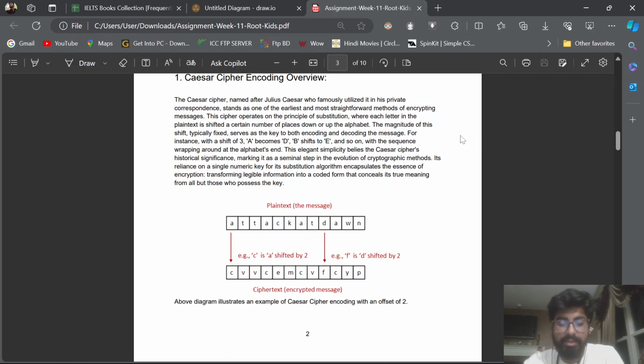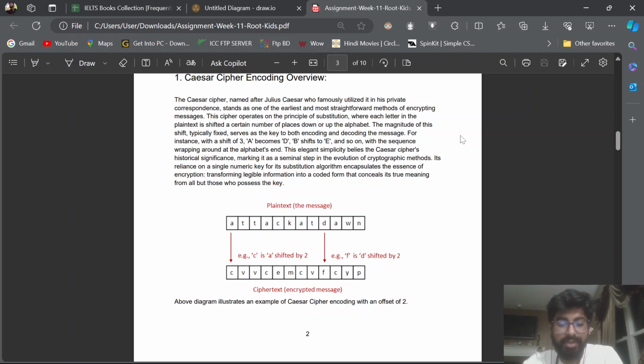This makes it ideal for quick and easy encryption, especially in situations where security is not a top priority. Despite its vulnerabilities, the Caesar cipher remains a valuable educational tool and a stepping stone into the world of encryption. It serves as a foundation upon which more complex encryption methods are built, providing a solid introduction to the principles